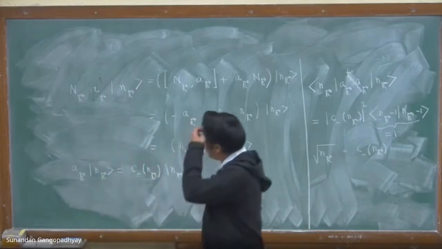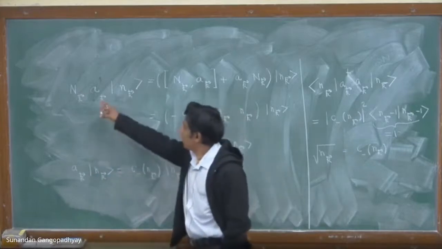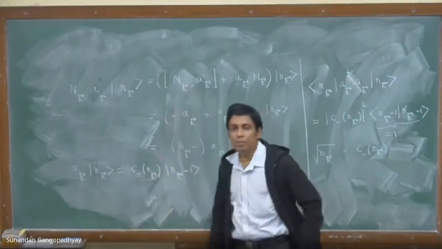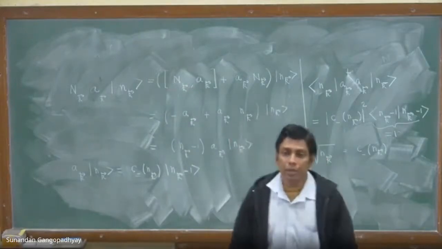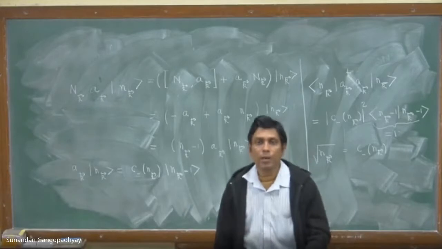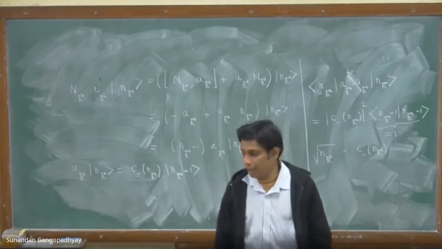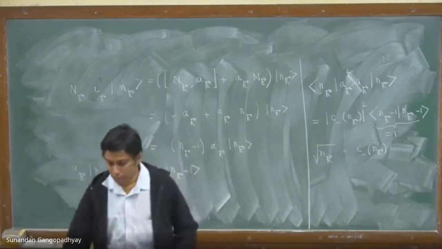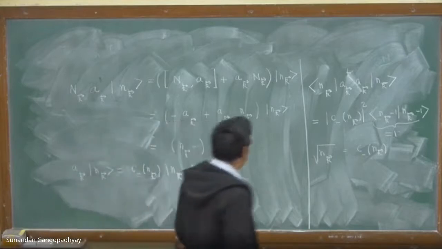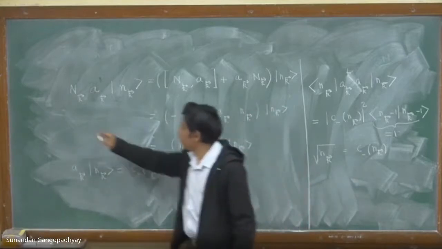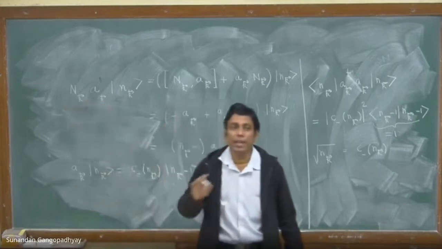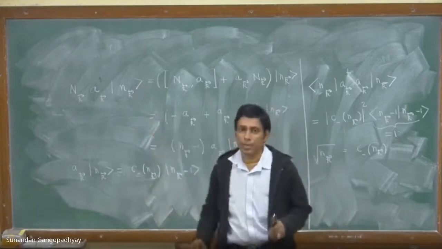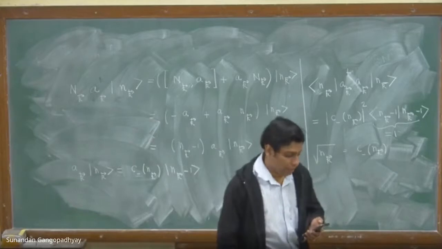So we now have the results for the action of AK acting on nk. If you remember, these relations are very similar to what we encountered in quantum mechanics, when we did the one-dimensional linear harmonic oscillator. But let us remind ourselves that till now we do not have any interpretation for this operator Nk and what AK and a dagger k are. So we will now start looking at the interpretations of these operators. For that we need to do a calculation first, and let us do that calculation.